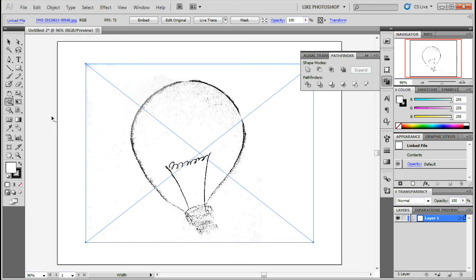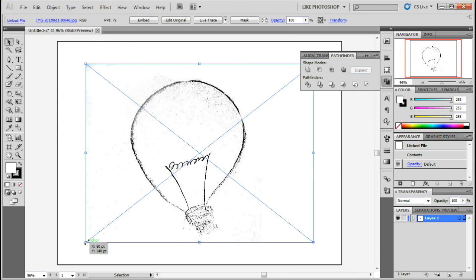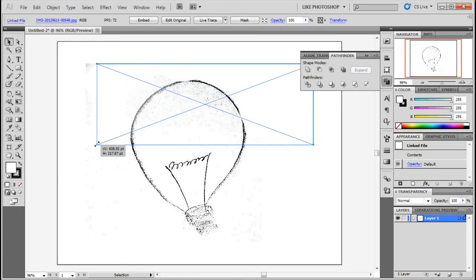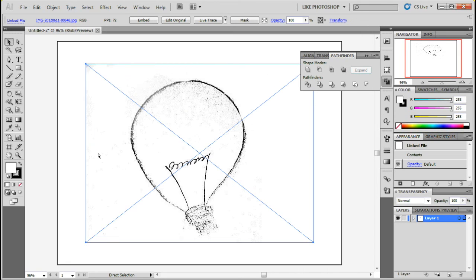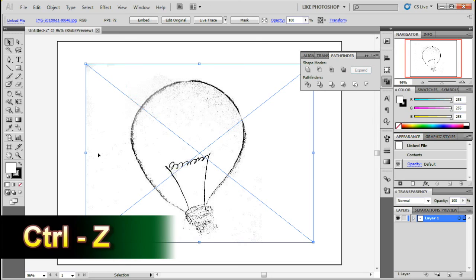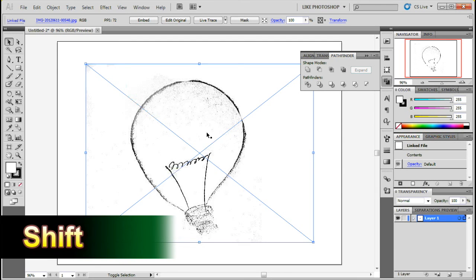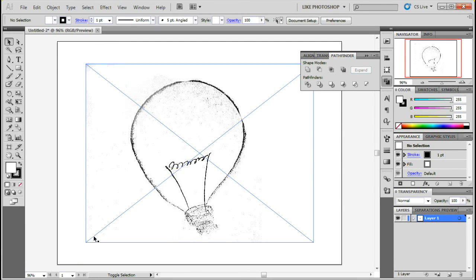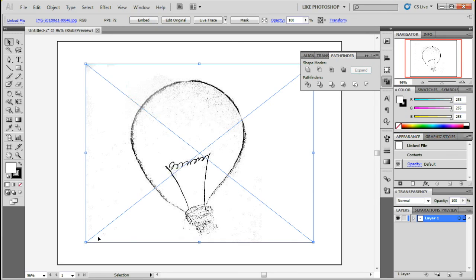switch to the selection tool, which is V, the black arrow tool. And if you don't constrain proportions, you see you can scale it all funny looking. So we don't want that. So Control Z to undo that, and to constrain proportions, hold down Shift. That works, but